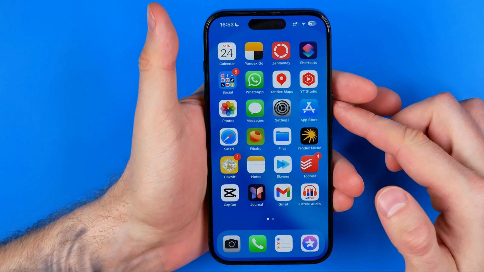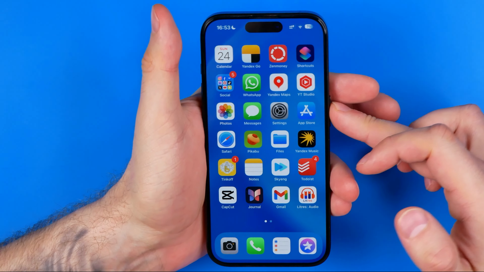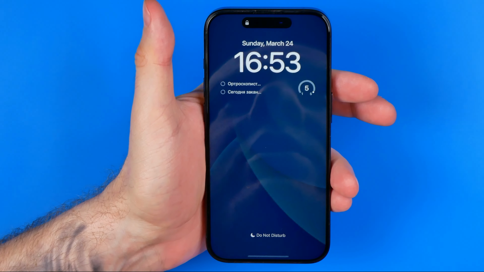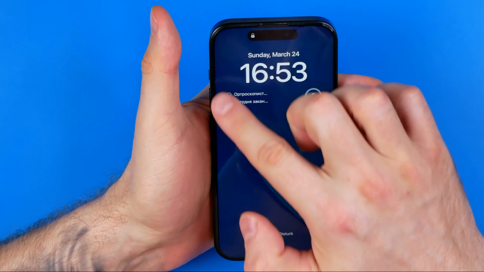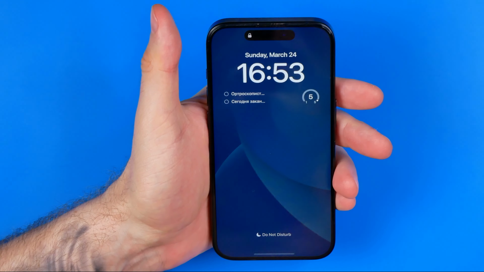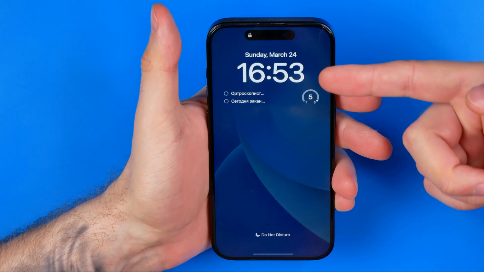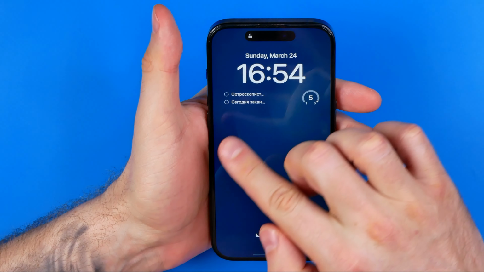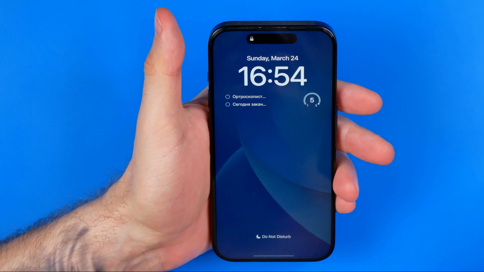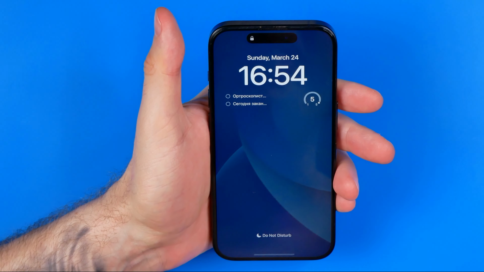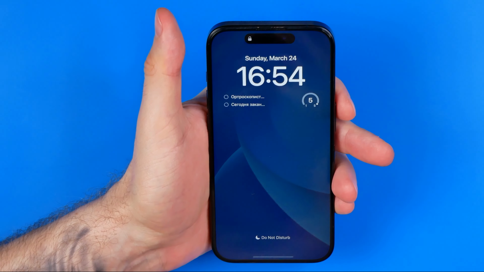Now I'm gonna show you how it works. So if we lock our device and if Always On Display feature is turned on, it shows us some information here such as time, widgets, and maybe also notifications and a wallpaper. If you don't want to use this feature because it slowly drains your battery, first off you need to